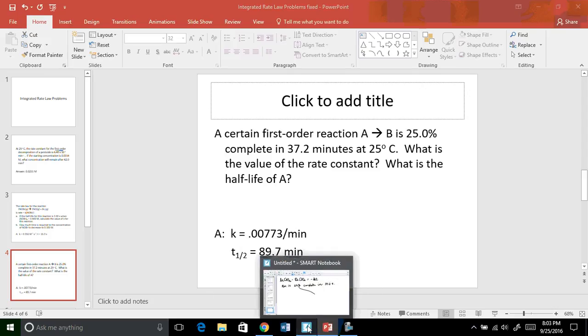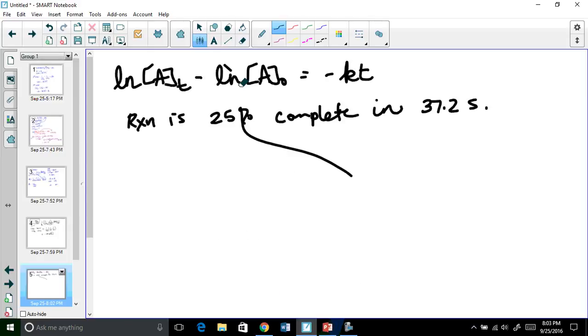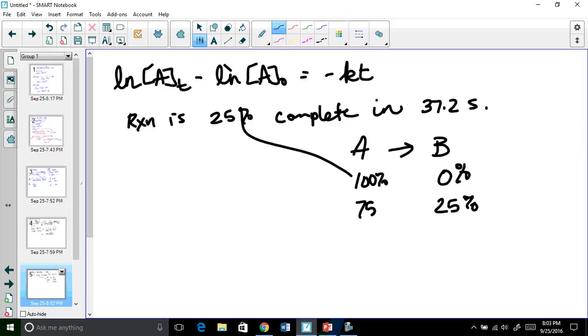So interesting about this, I just have to tell you some stuff. The first thing is, remember, it's first order, and in the beginning it's 100% A and 0% B. And when it says 25% complete, this means this is 25%. It's 25% complete. That means it's 75% not complete. Now you can only do what I'm going to show you now for first order because there is a property